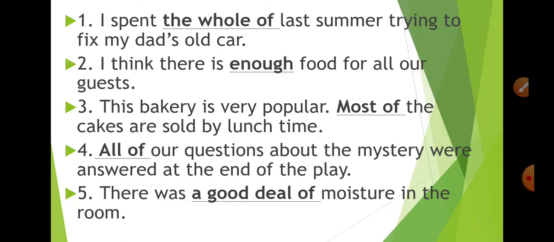Second, I think there is enough food for all the guests. Third, this bakery is very popular. Most of the cakes are sold by lunchtime. Fourth, all of our questions about the mystery were answered at the end of the play. And the next, there was a good deal of moisture in the room.